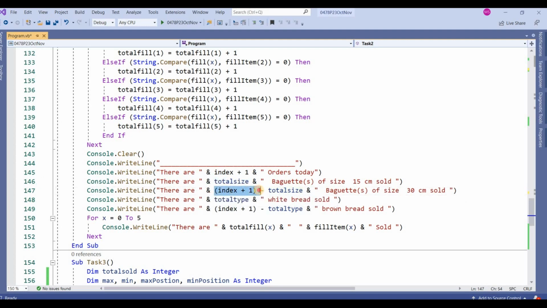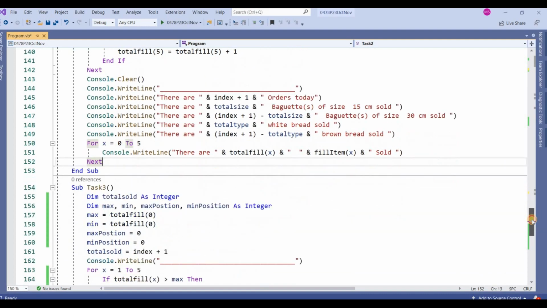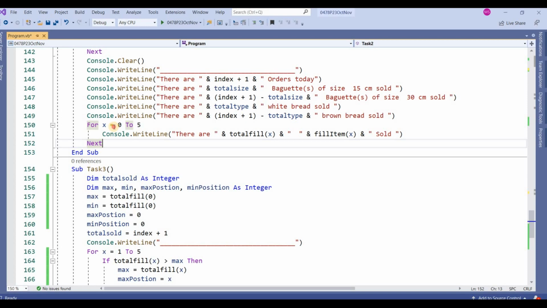If total order minus subtract size of 15, then remaining size will be 30 cm. Same way I did the type, total type, and remaining order of total type. Okay, and here it will show me x 0 to 5, how many items have been sold. 0 to 5, it will go to total fill of x.